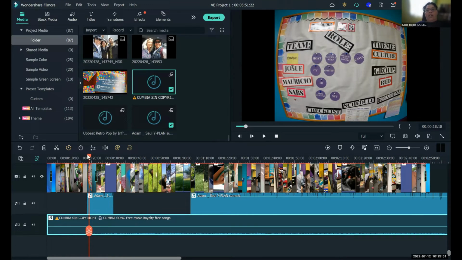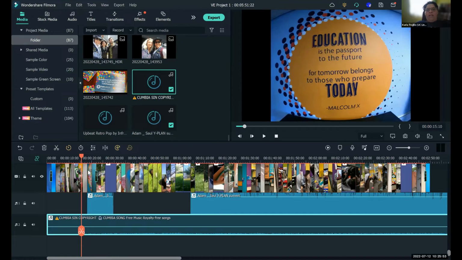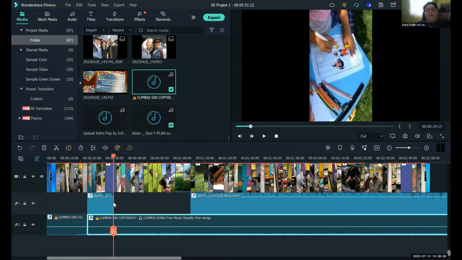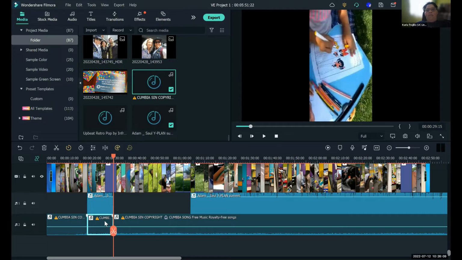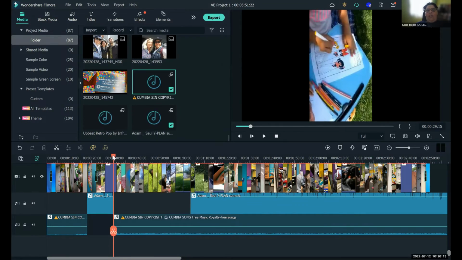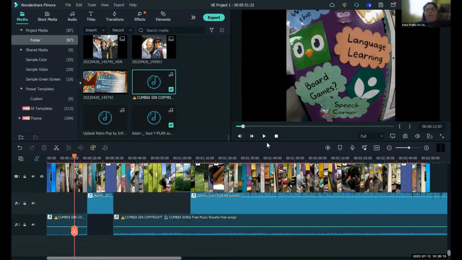The other thing that you do is, for example, here, we have some voices, and I don't want this second thing overpowering this top one. So I'm going to cut here, then cut here, then cut here, and then I'm going to remove that one so that when it goes from one audio,